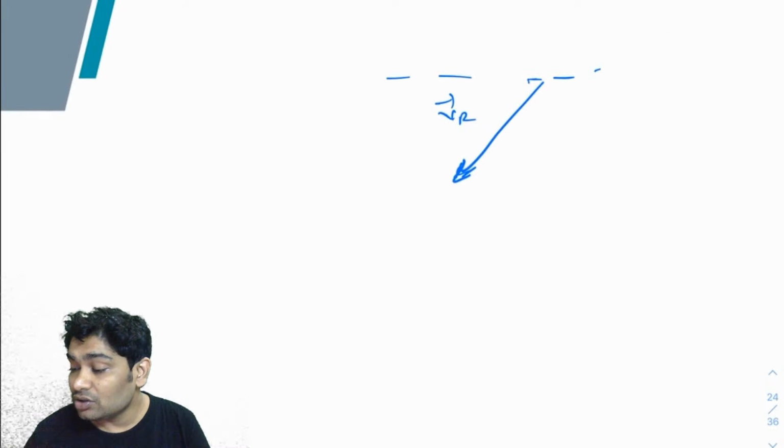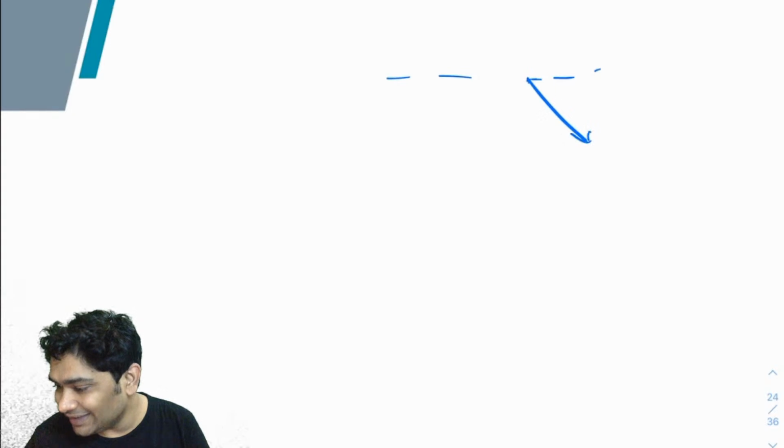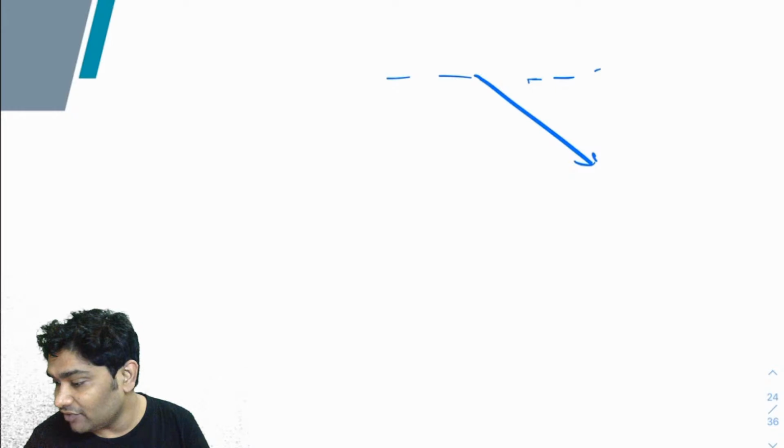Okay, I'll have to make this in the opposite direction actually. Yeah, I'll tell you why. So let's say that this is the VR vector. I mean, think about it. This is VR vector,